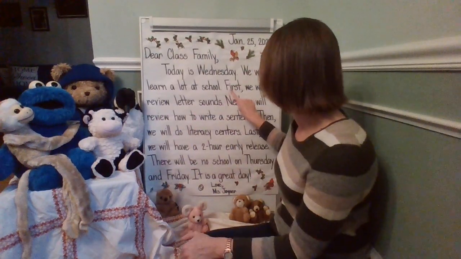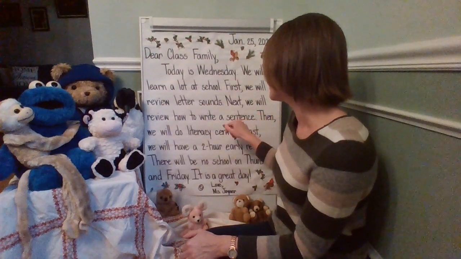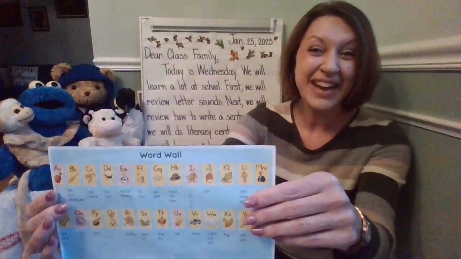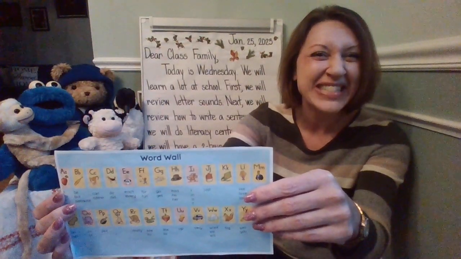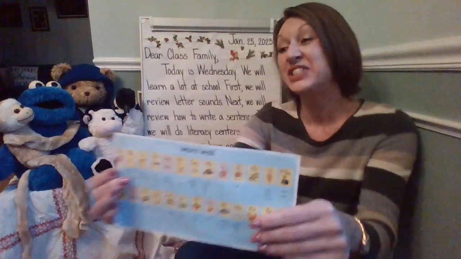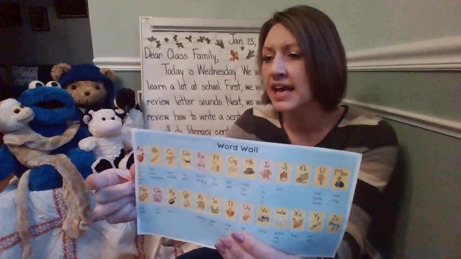Let's go ahead and continue rereading and still notice each sentence, the capital letter at the beginning and the punctuation mark at the end. First, we review letter sounds. We're going to use our word wall as a resource, and we're going to use some YouTube channels. Shout out to Mr. B's YouTube channel and Jack Hartman's YouTube channel, in addition to the Singing Walrus. After we review all of the ABCs, the letters and sounds in class, we're going to focus also on the